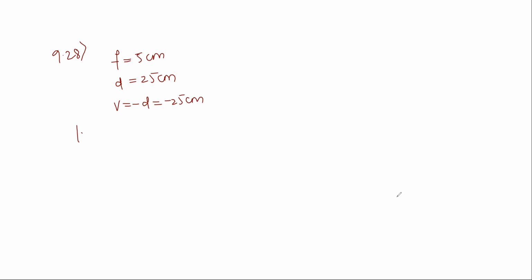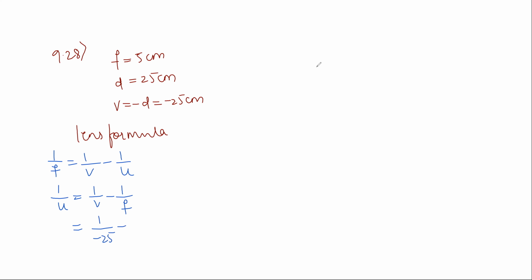According to the lens formula, 1 by f is equal to 1 by v minus 1 by u. Modifying, 1 by u is equal to 1 by v minus 1 by f. The v value is minus 25 and the f value is 5. Taking the LCM, minus 1 by 25 minus 1 by 5 gives minus 6 divided by 25. So the u value is minus 25 divided by 6,